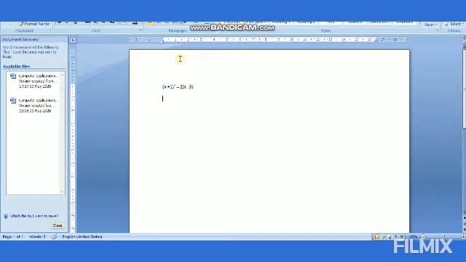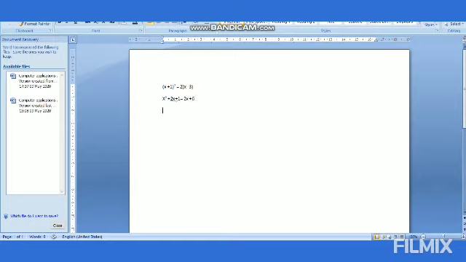So if we start solving it, first solve the left part of the equation, that is x plus 1 whole square. It can be expressed on the basis of the identity a plus b whole square. It can be written as x square plus 2x plus 1. And the right side can be written as 2x plus 6.